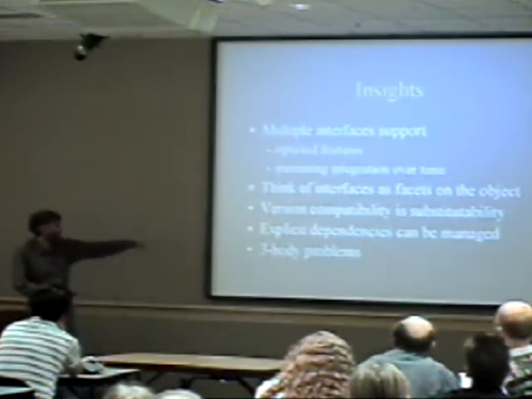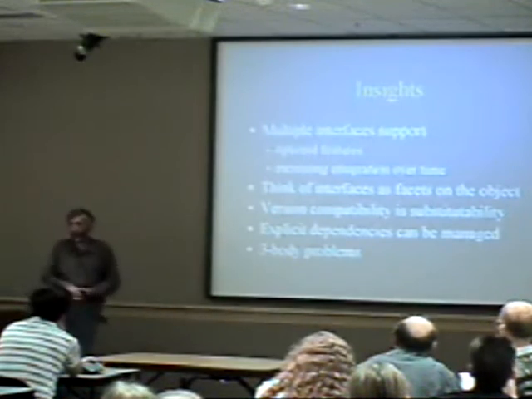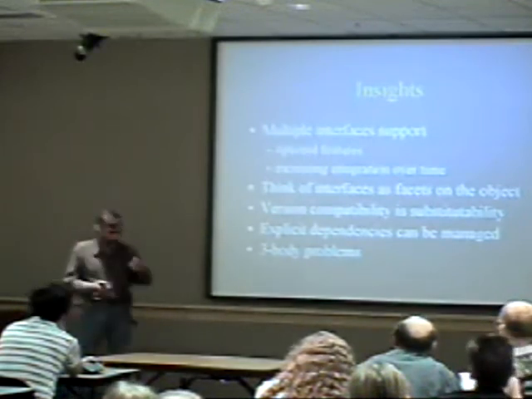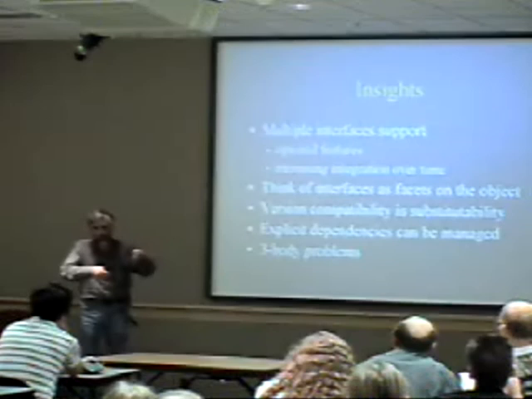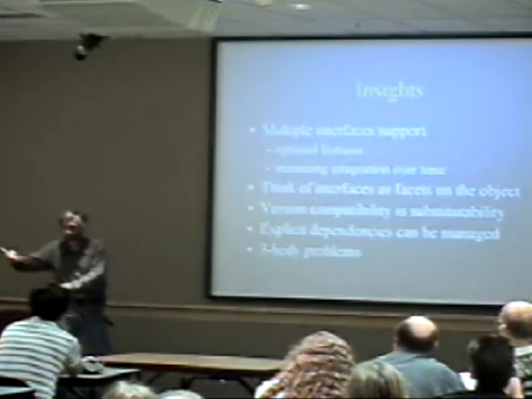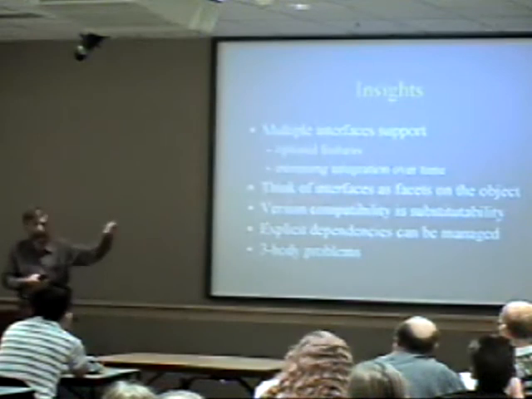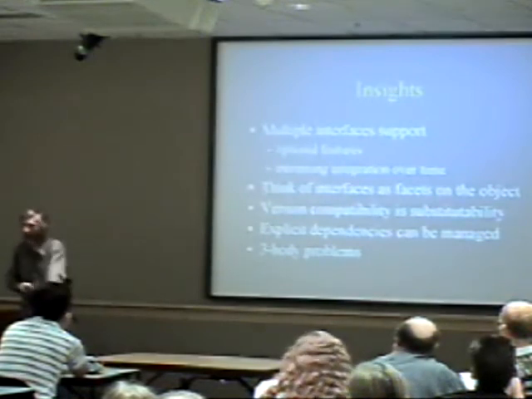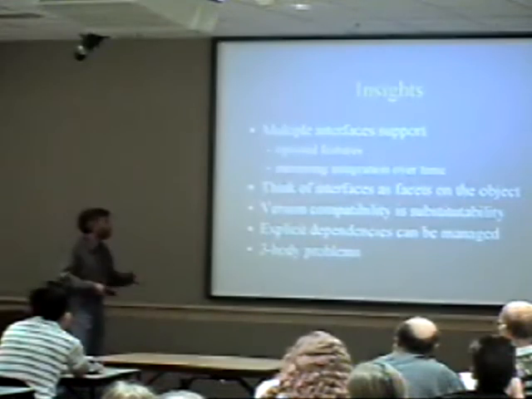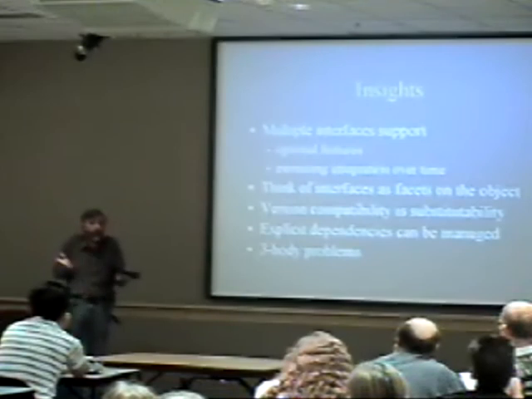And the other area that cropped up a lot in exploring these scenarios is what we call three-body problems, where A creates or obtains some resource B and gives it to C, and C will then use it. A typical example is a container connects to a printer and gives the printer thing to the object and says, print yourself. And the goal was to allow B and C to have a richer communication than A knew anything about. So B could find out more, even if A didn't know how to ask even for that service.